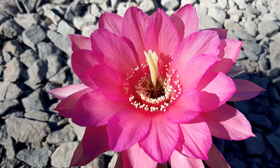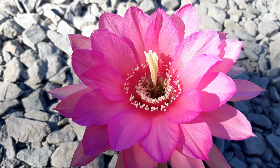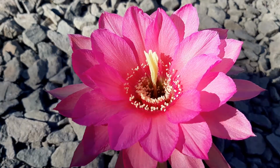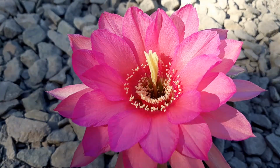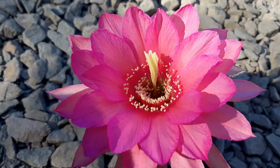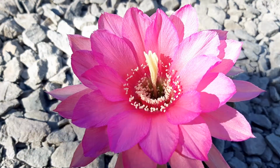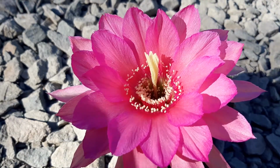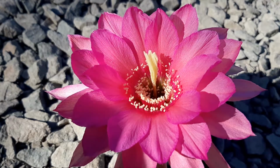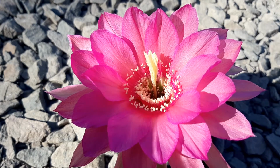I have a Trichocereus tunariensis, which has a very long tube. The flowers are almost 25 centimeters tall, which is crazy. But the flower of that one is white. If I put the white flower on this guy, I'm concerned that the offspring would be really, really mediocre. If I put a white flower on this guy, it should be one that I personally like very much and want to see